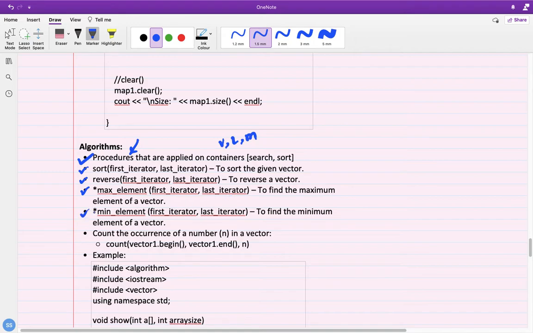As you remember, in a min heap you would always have the minimum element at the root. So there are different functionalities to find the minimum element from an array or a vector. But it's quite a large code to write to find the min element or the maximum element. Due to algorithm template classes, we don't need to write this code as well. We can directly call max element and min element over a vector. We can even count how many times a number has occurred in an array or a vector. There is a direct functionality.